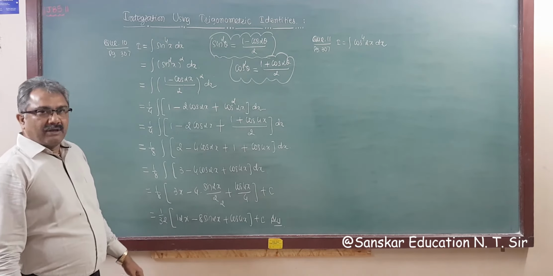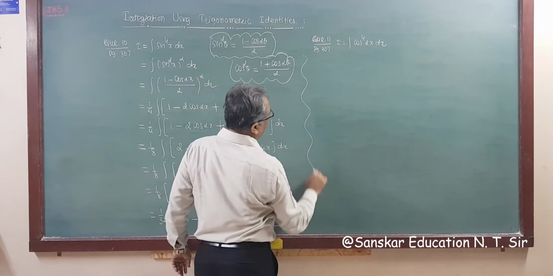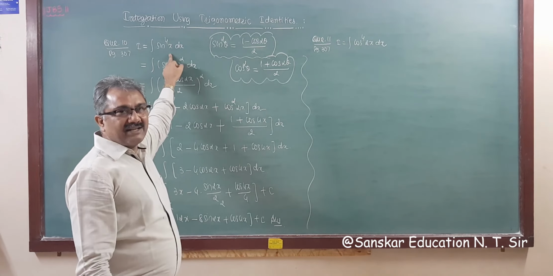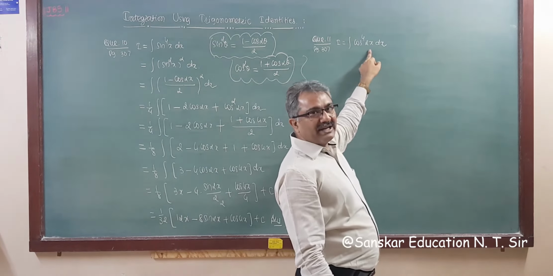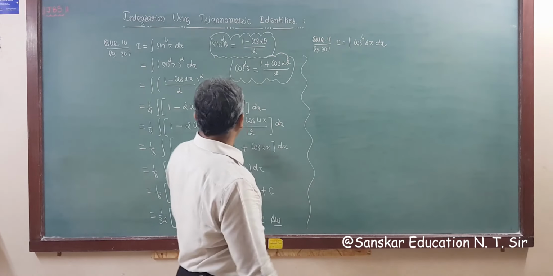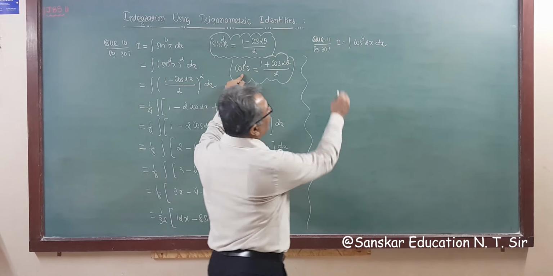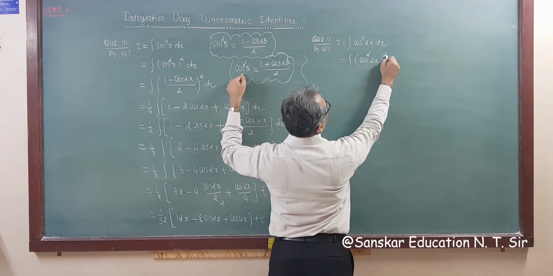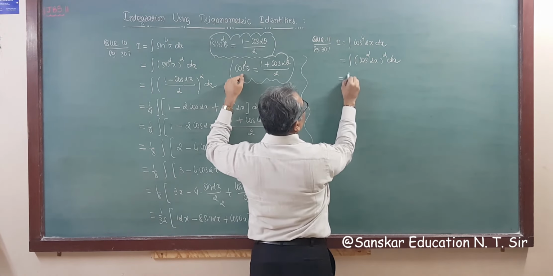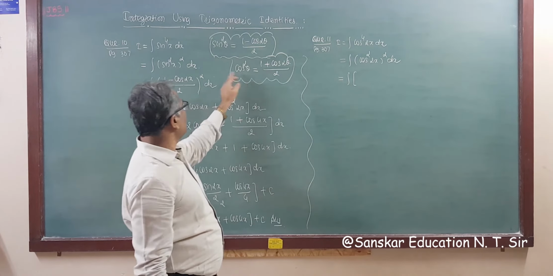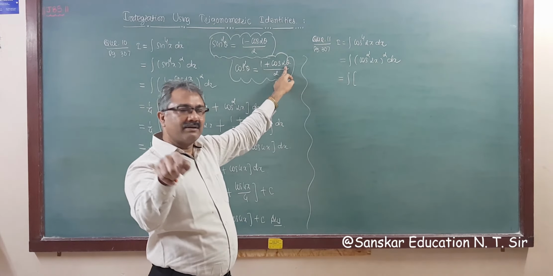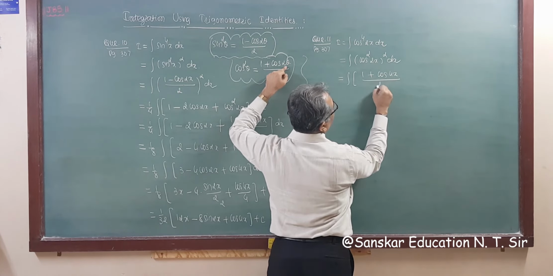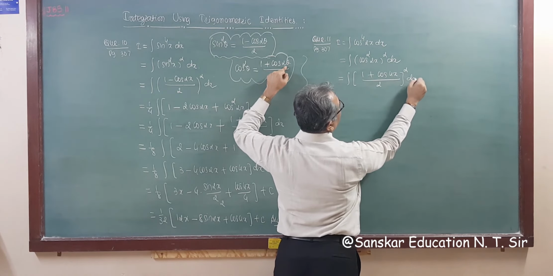Got it? Now another question, that is question number 11. Given cos raised to 4 twice x. Here the given angle is x, and here the given angle is twice x. So applying the same formula, the same way. We have to apply this formula first. So applying this formula, integration cos square twice x whole square dx is equal to integration. Now cos square theta is 1 plus cos double, so 2 becomes 1 plus cos 4x by 2 whole square dx.